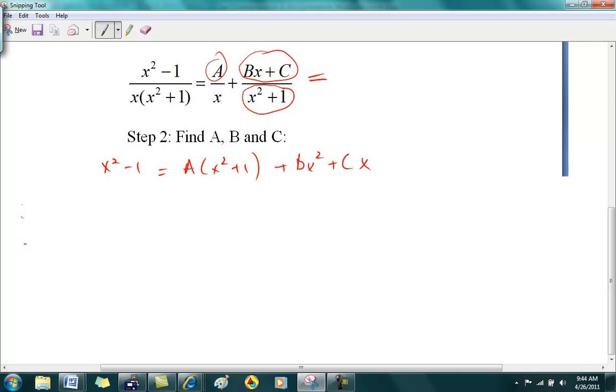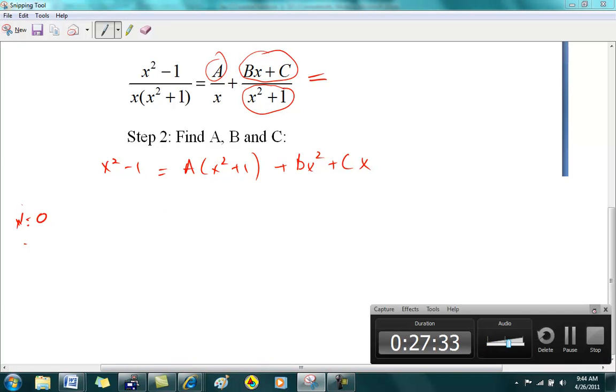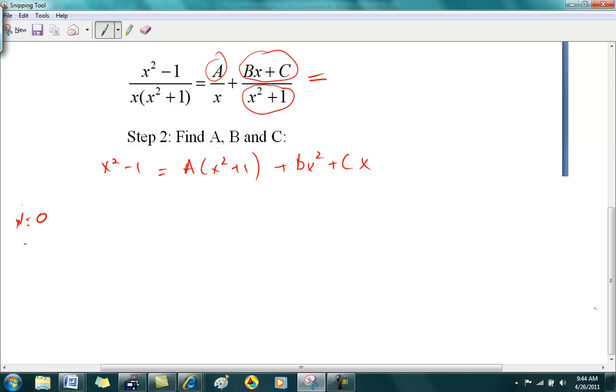If I put x equals 0 on my left hand side, I get minus 1. On the right hand side, I get a. This guy gets killed. This guy gets killed. So a is minus 1. Nice and quick. If I put x equals 1 on the left hand side, I get 0 equals a, which is negative 1,